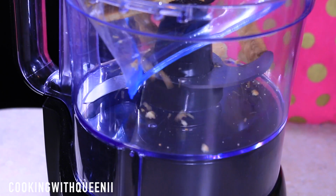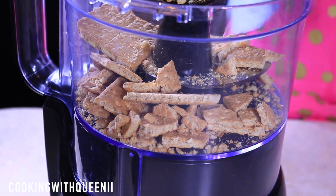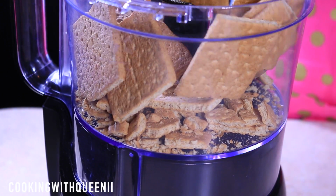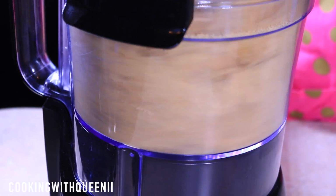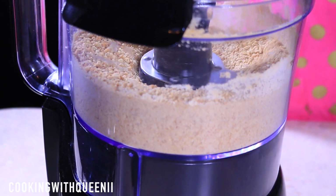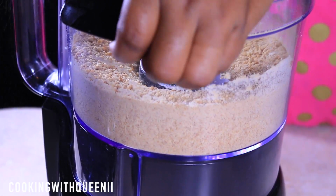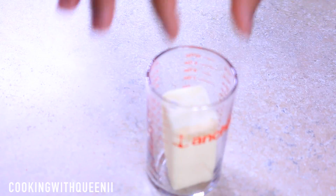You can either crush the cookies like this, or you can use a food processor to crush them up. You want to get them kind of fine but still a little crumbly so that they're not powdery fine, if that makes sense. I find that it's much easier to do this with a food processor. All right, you guys, it's going to look like this, and then we're going to go ahead and melt 5 tablespoons